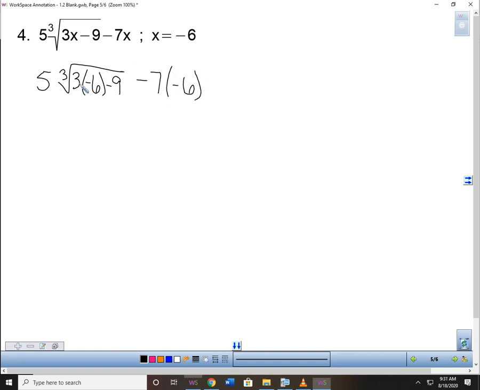So before we can take the cubed root of this right here, we're going to have to figure out what that number is, correct? So underneath here, what is 3 times -6 minus 9? -27. And -7 times -6 gives me